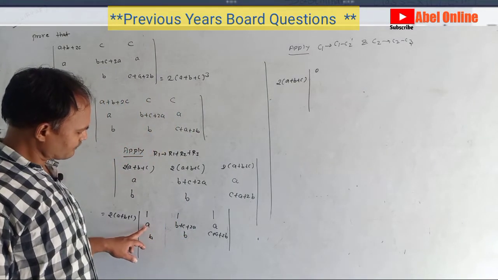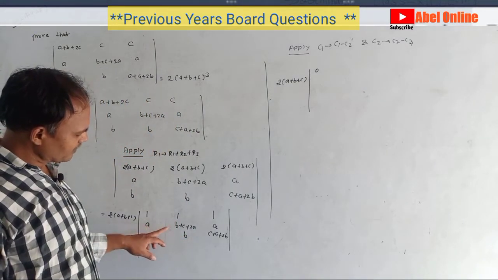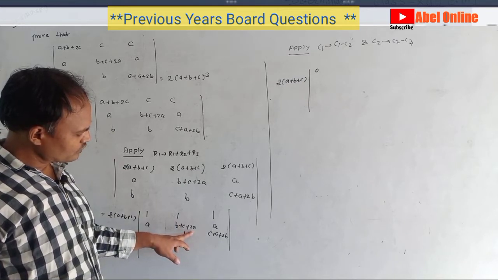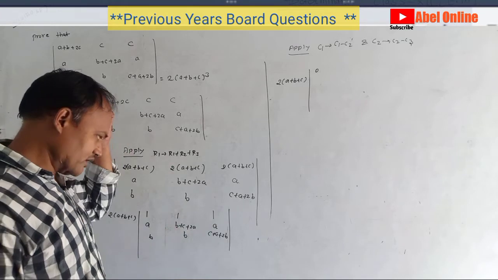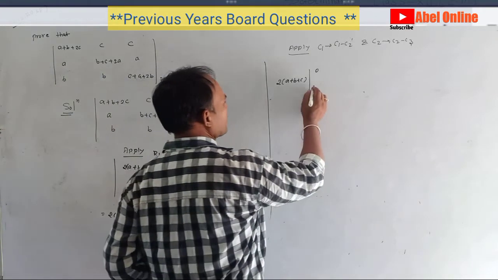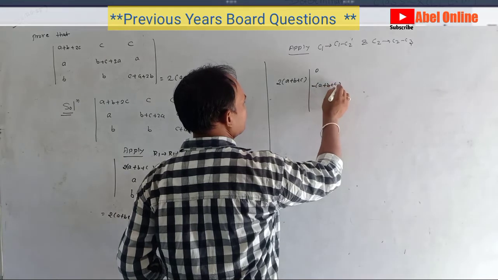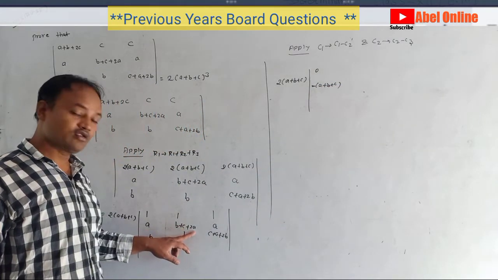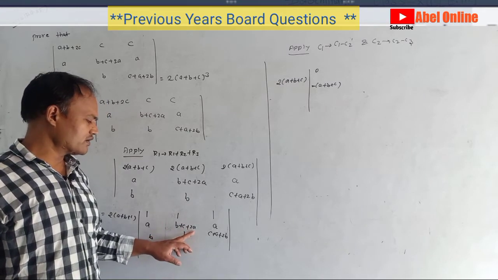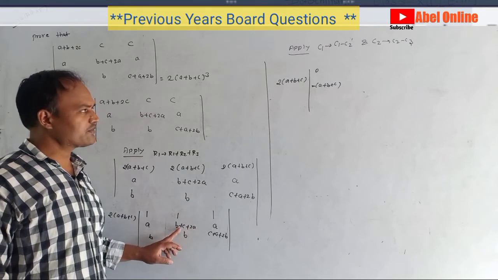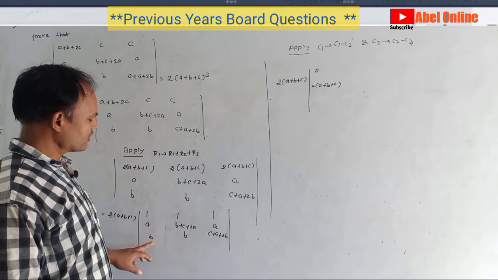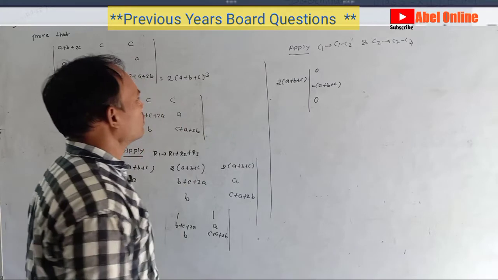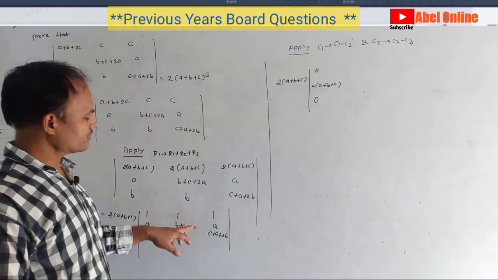It is a minus b minus c minus 2a. A minus 2a means minus a, so it is minus a plus b plus c. Okay, it is clear. A minus b minus c minus 2a, so a minus 2a, it is minus a minus b minus c. So we can say that minus a plus b plus c. What about here? It is 0. Okay, here it is 0.